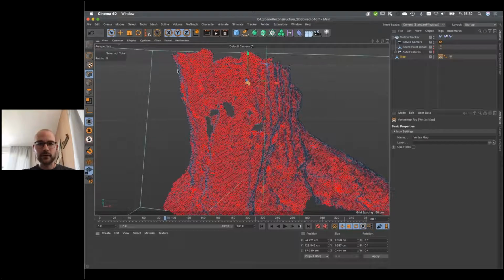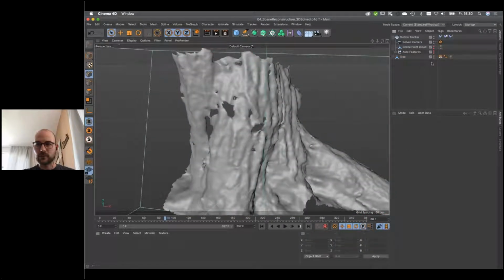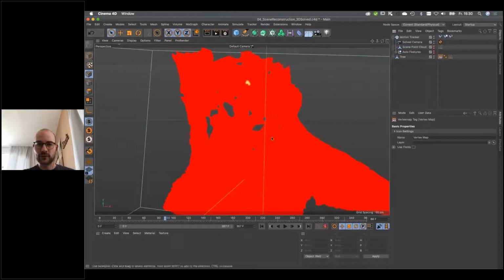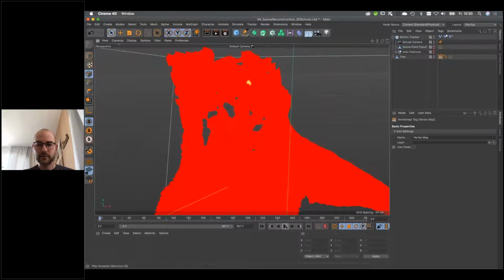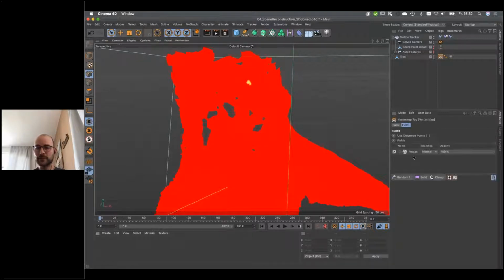Okay, now let me just deselect the tree, but select the vertex map, and let's hit play, and you see that nothing happens. And of course, we have to set up the growth effect first. So let me, again, select this vertex map tag. And then there is a little checkbox here. It is just a checkbox, but if you open it up, it will unleash the full potential of Cinema 4D's